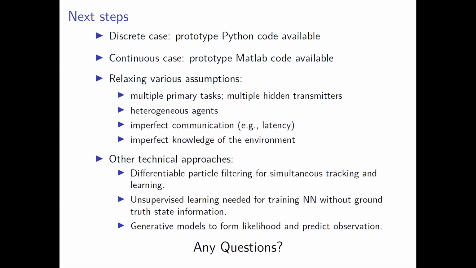And so this can be achieved by a component of that differentiable particle filtering framework, where you use generative models such as generative adversarial networks to learn to simulate new observations and then compare them to the true observations you make, and then learn a model to predict the observations. So those are some interesting directions that we can go. But in terms of implementation, far too difficult to do this week, right?